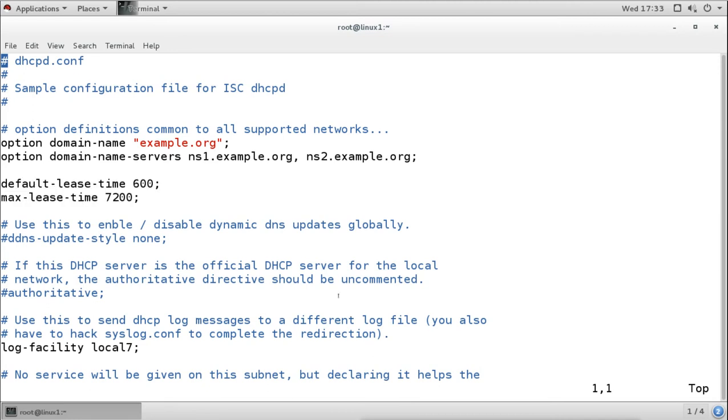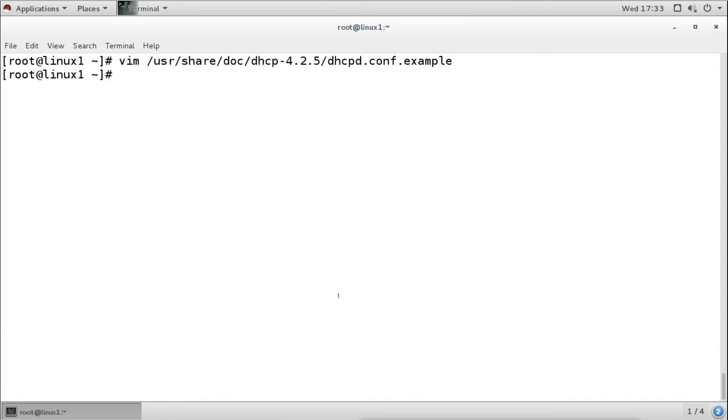We want to configure the same information, the same configurations. So what we can do is use this sample file. I will use this sample file and redirect the output to the main configuration file.